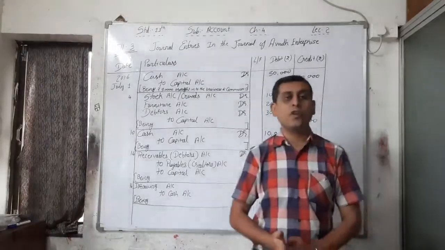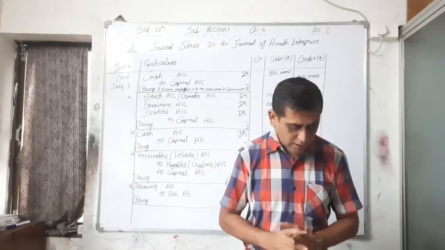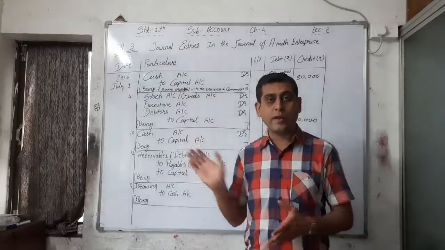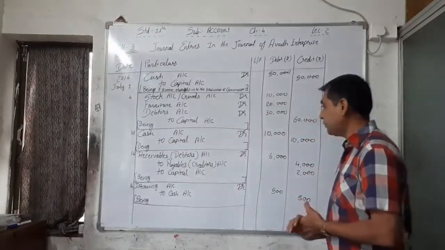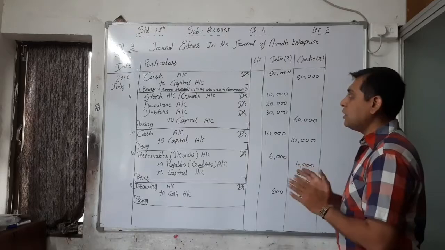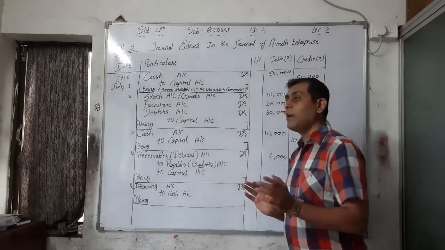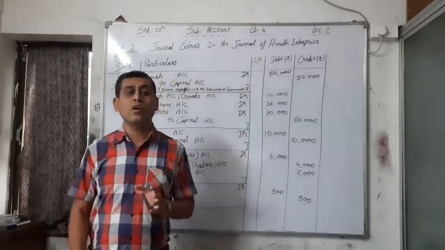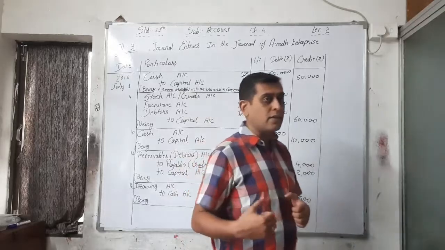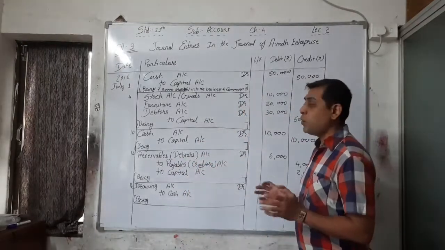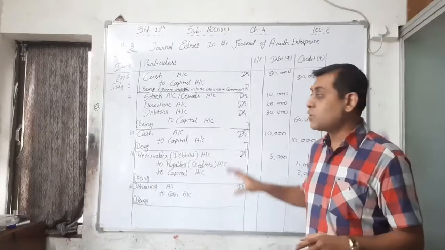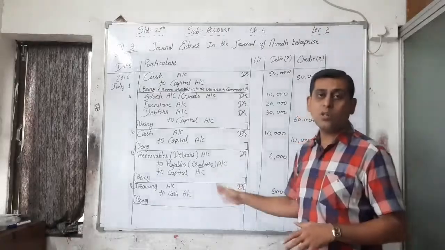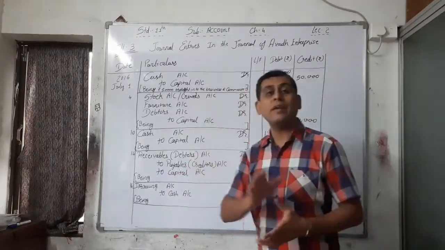First of all write down these, and we will discuss the remaining 4 entries later. See, these relate only to capital and drawings transactions, that is, only transactions with the owner. Whatever is brought by the owner to the business and whatever is taken from the business, we have to write here only. So in all these transactions either capital account is credited or drawing account is debited.